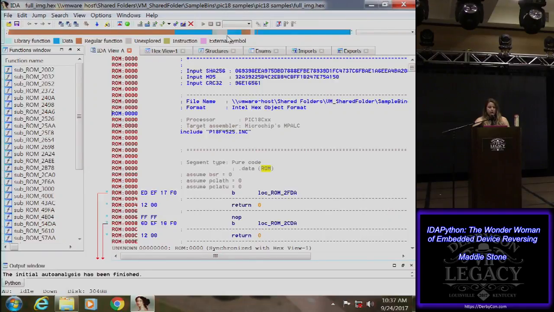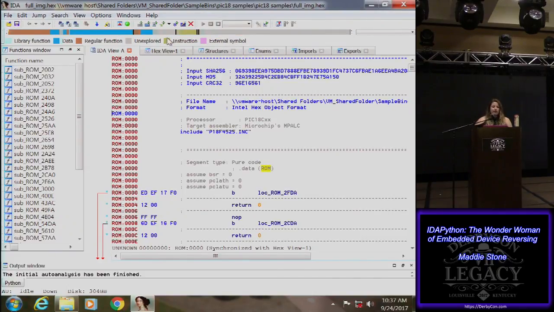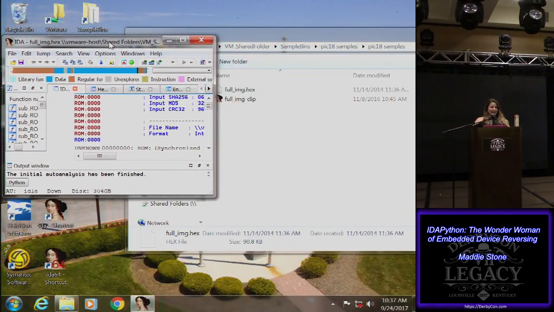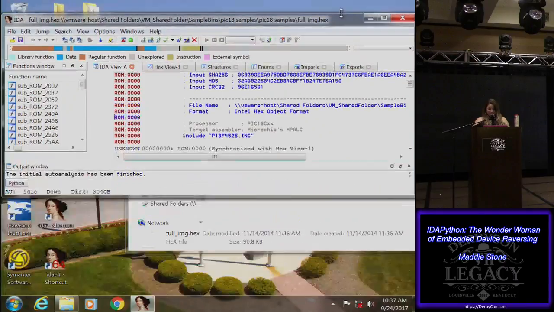I tried to make it big to see if that would help with reading, but okay. And then let me zoom in so y'all can see what this shows at the top of the screen. Oops, that's a little too zoomed in. So what we can see is it was able to define a couple different segments as shown by these black bars at the top. We have a lot of code that it says is code, but it doesn't quite know. The blue,